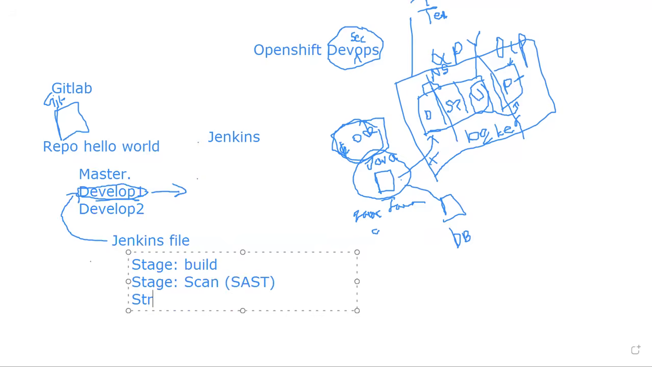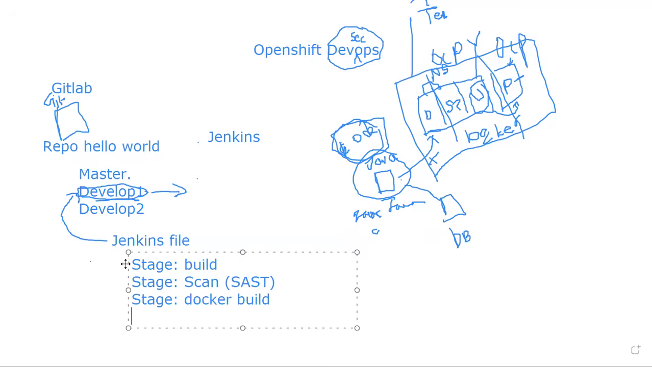Stage 3, test. Then we have Docker build. Then stage 4, deploy. I am separating out deploy separately for now. So currently my Jenkins file will have these stages, and in these stages, for a particular build, it will